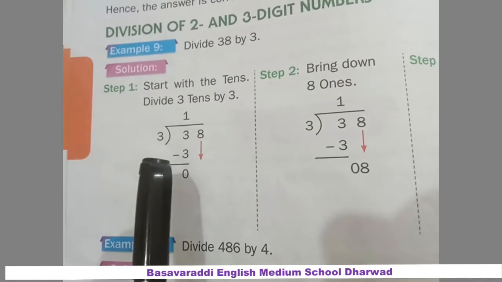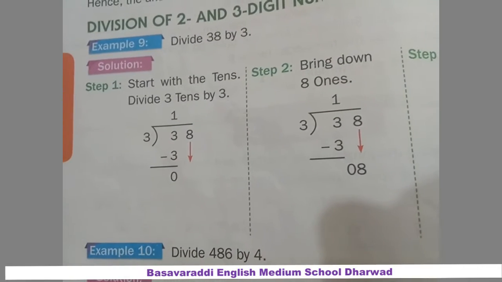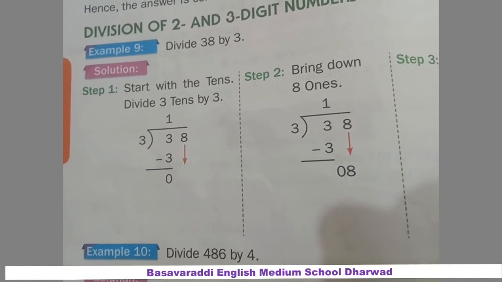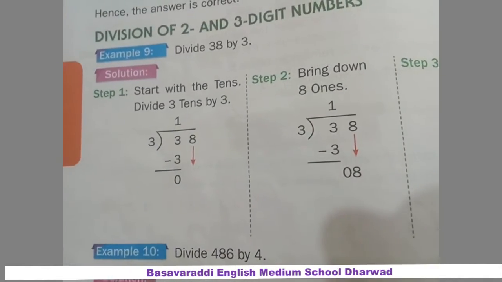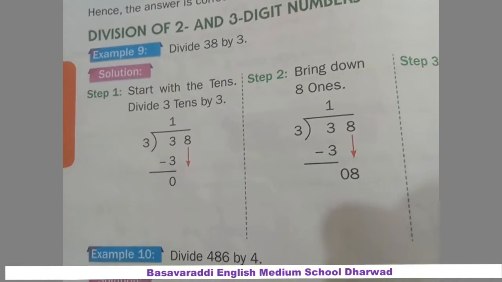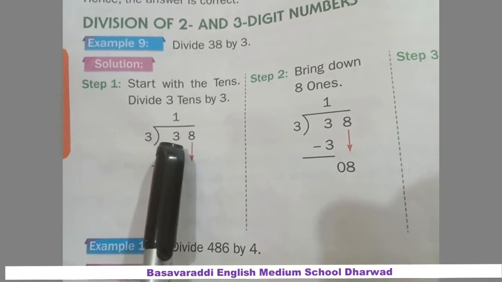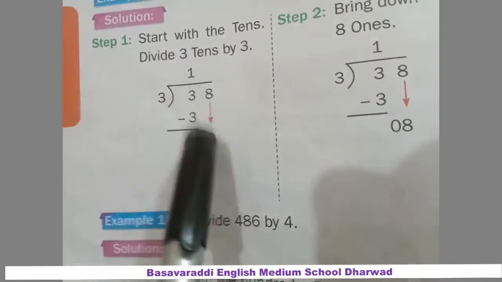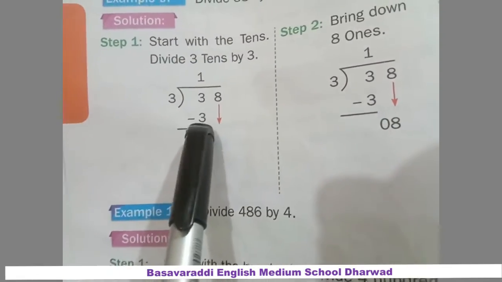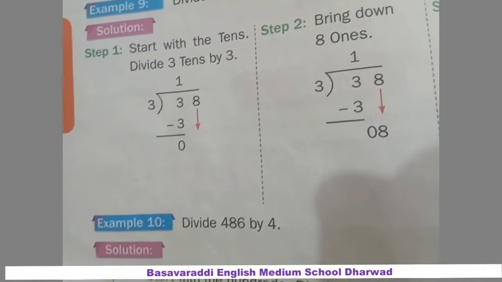What do we have to do? First we have to take the tens place, not the ones. In multiplication, addition and subtraction we come from the ones place, but in division we move from 100 to 10 to ones. So 3 ones are 3, and we can divide. Then we have to subtract, because division is repeated subtraction. So we bring down 8.